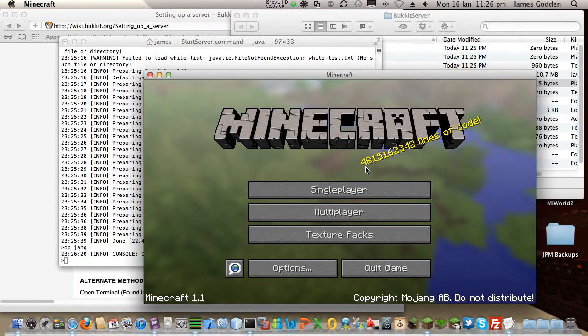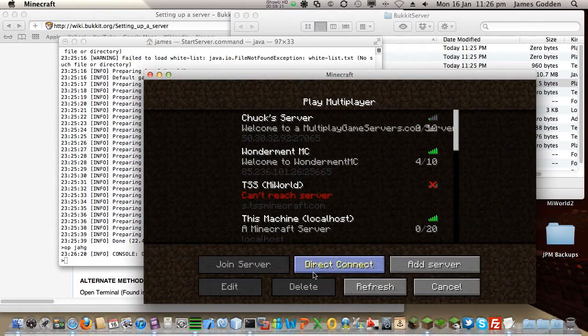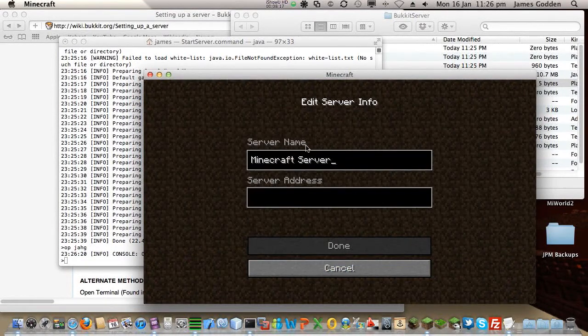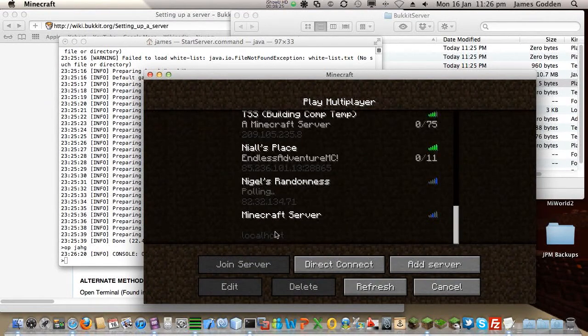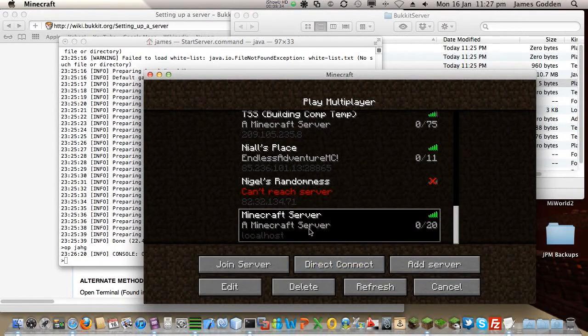Here's Minecraft. Apparently it has that many lines of code. Who knew? I should be able to go to multiplayer and add a new server. That'll do. And type in just localhost. One word, no spaces. Click done. If you scroll to the bottom of your list, there it is, and it's available. Good. So we have 0 of 20 people connected by default, and I should just be able to click it,